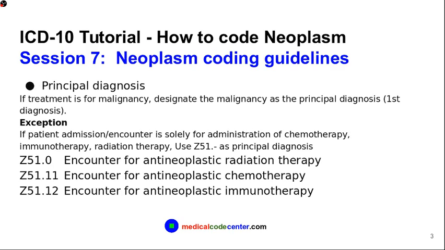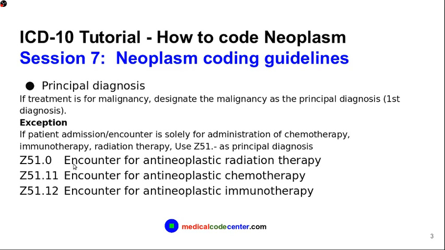The first coding guideline is about how to determine the principal diagnosis. If the treatment is for malignancy, designate the malignancy as the principal diagnosis. Principal diagnosis is the first diagnosis you list. There's an exception to this rule. If the patient admission or encounter is solely for administration of chemotherapy, immunotherapy, or radiation therapy, you use Z51 as the principal diagnosis. For example,